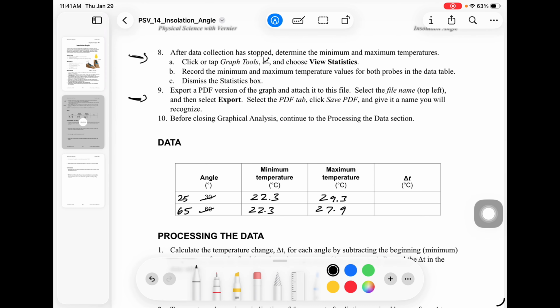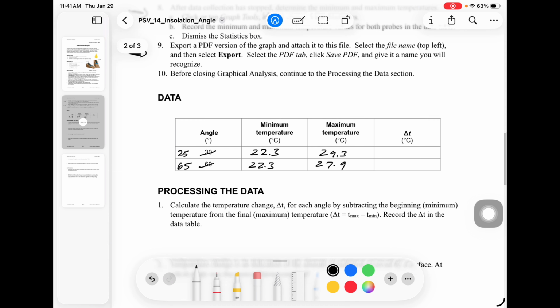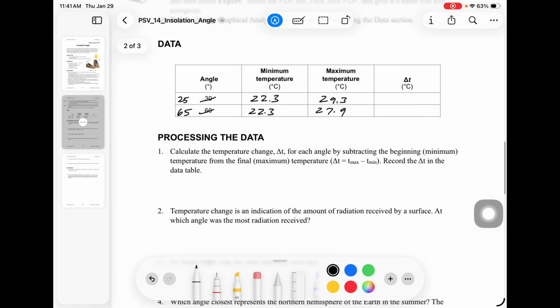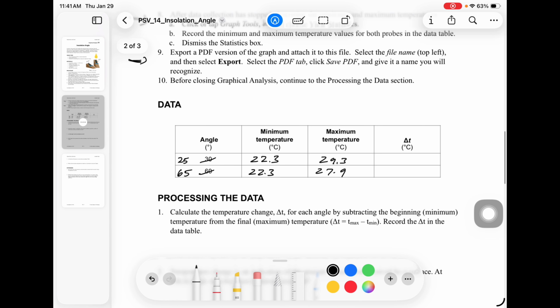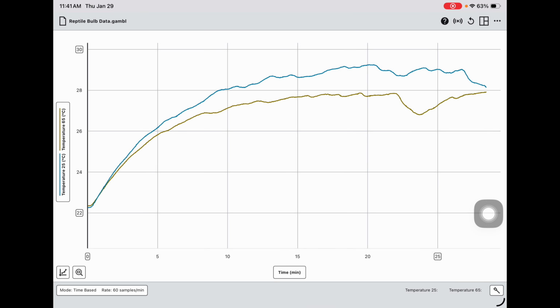Now we need to export a PDF copy of that and then either attach it, if you're doing the digital copy, or if you did a paper copy, you can export it and just go ahead and upload that to Schoology, and then come back to your paper copy and finish everything else. So you should have something uploaded to Schoology either way. You should have either just the graph, or the graph attached to the datasheet. So again, to export, and again, if you're not registered, this won't export as a PDF. At this point, I would export as an image and be done with it, but